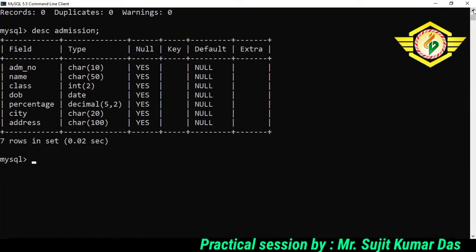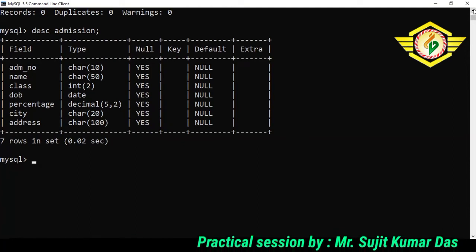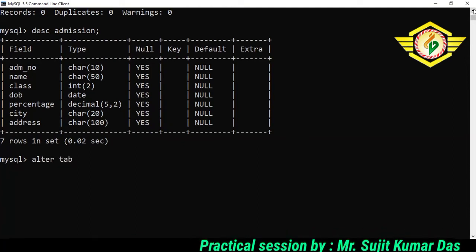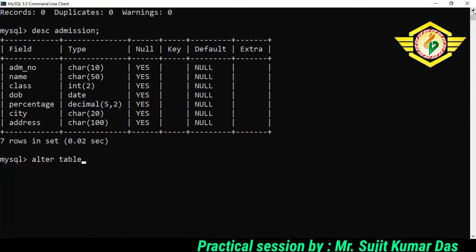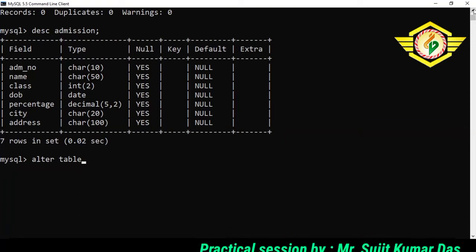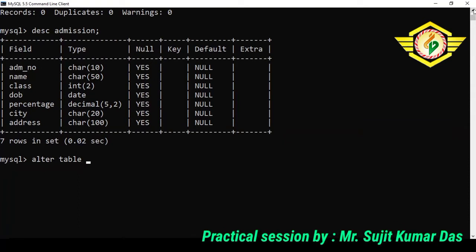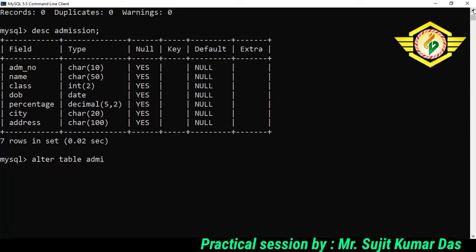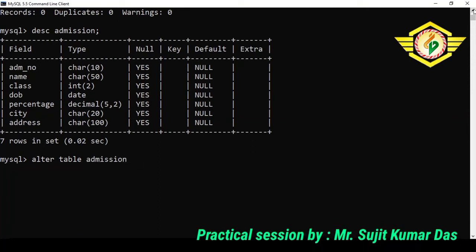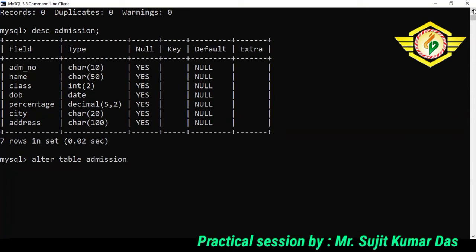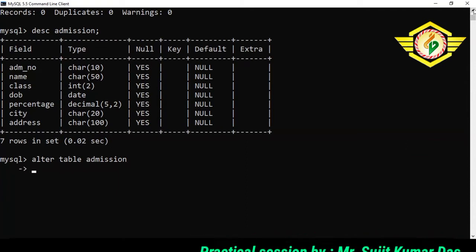The top line of the command will be the same, alter table. You can see I have written in all small letters, so there will be no problem because MySQL is case insensitive about these commands. So alter table admission, and we now have to use a keyword.